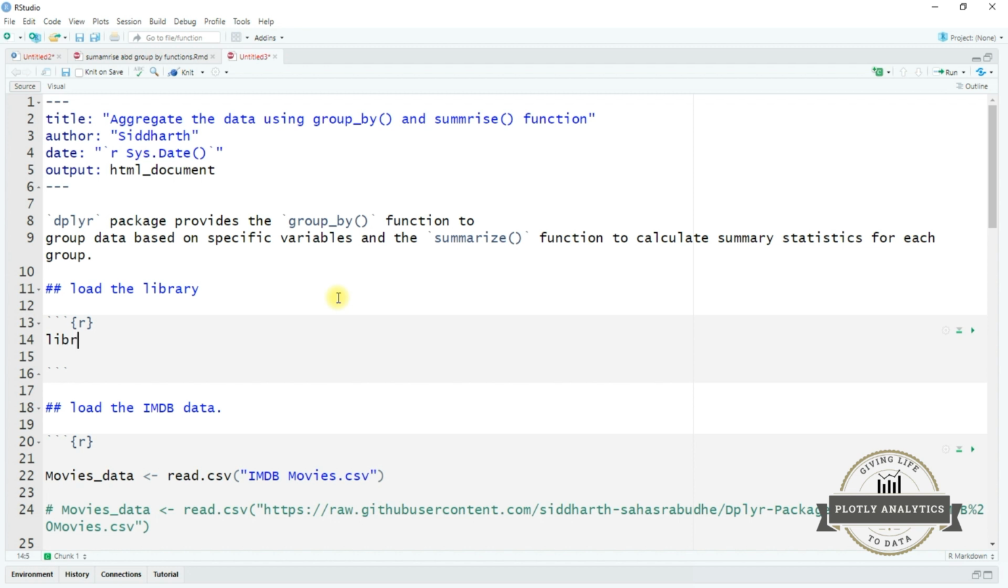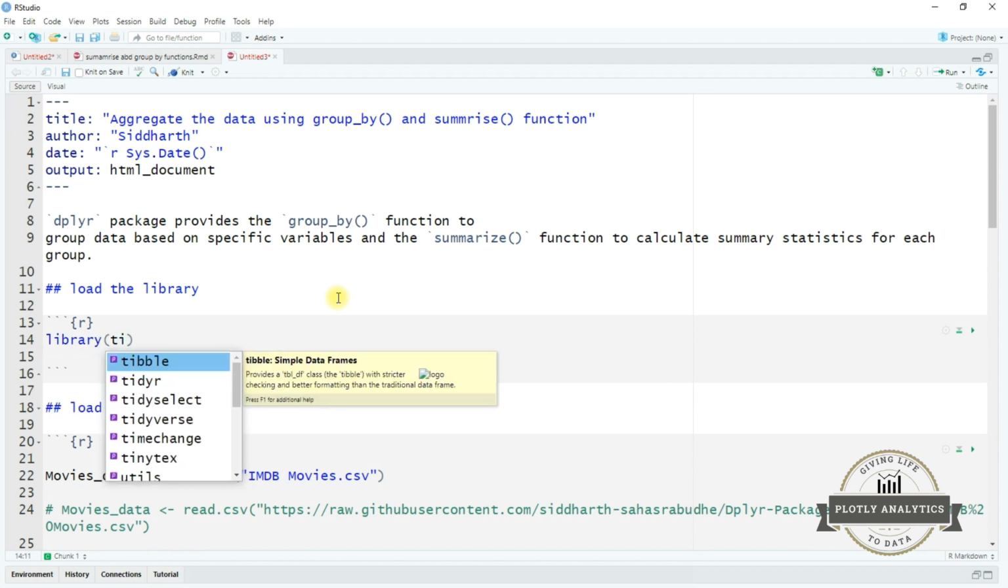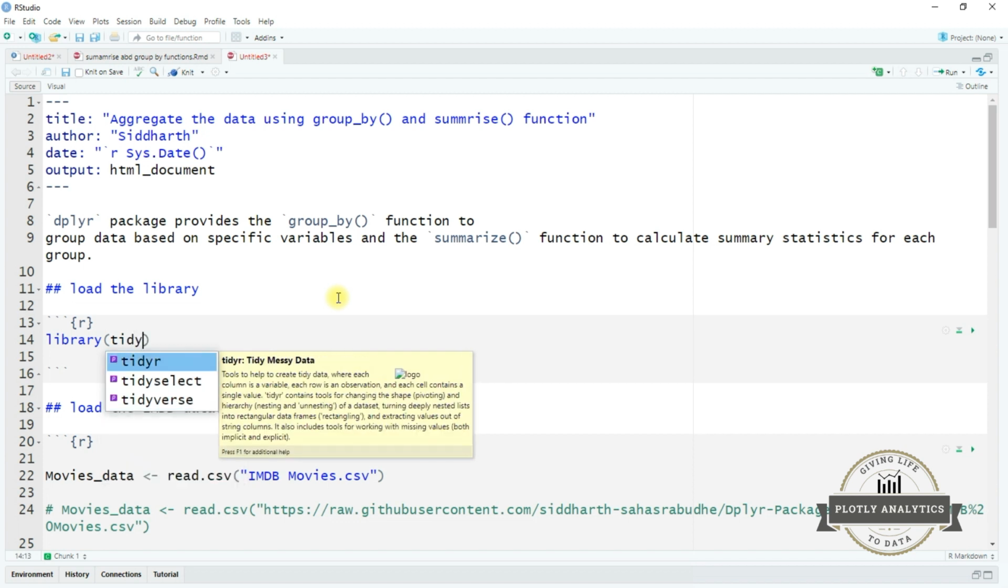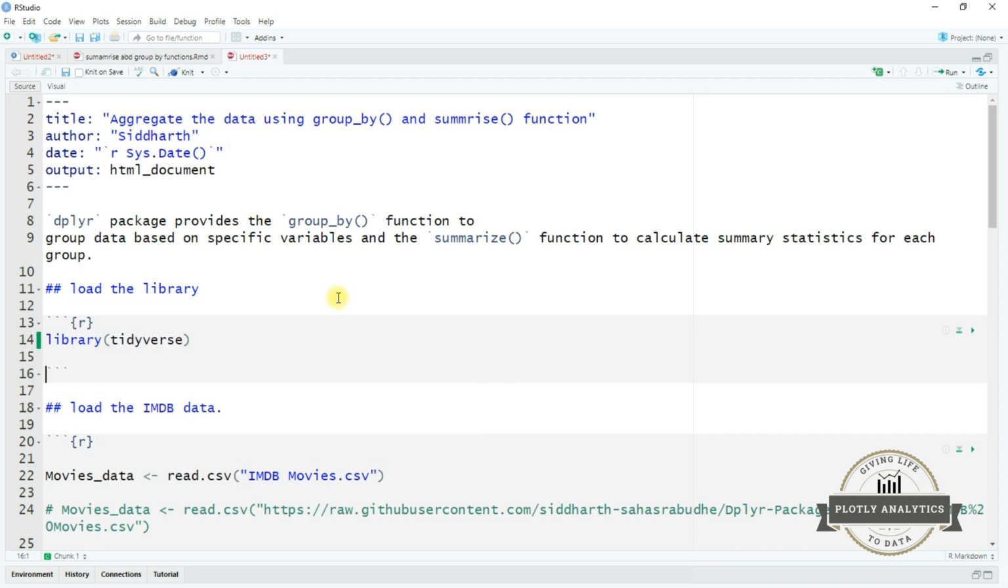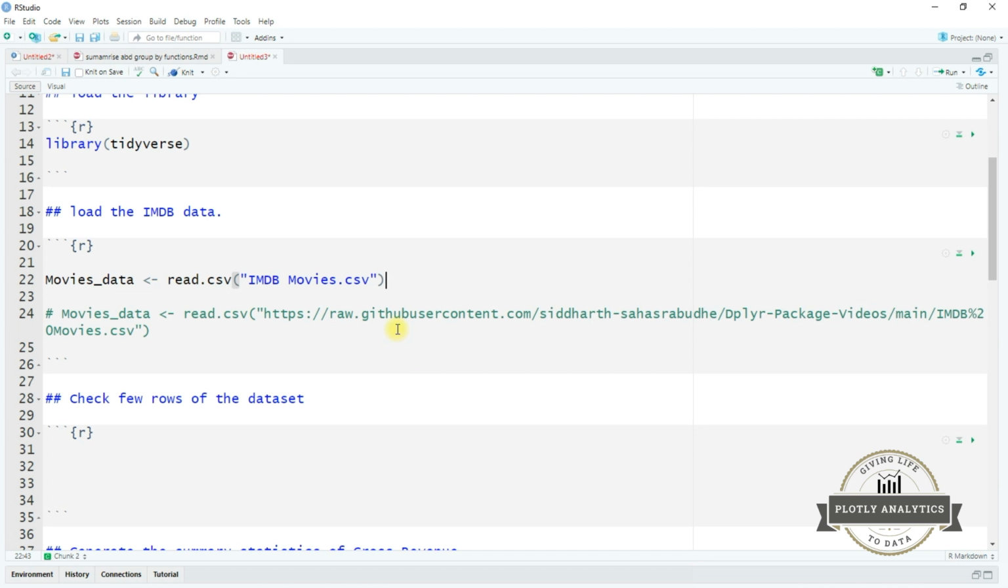Okay, so let me start by loading the tidyverse library. And the dataset that we will be working upon is IMDb movies dataset. IMDb stands for Internet Movies Database. The CSV file is also available on my Github repository. If you want to download it, then I've given the repository link in the description, or you can directly get the